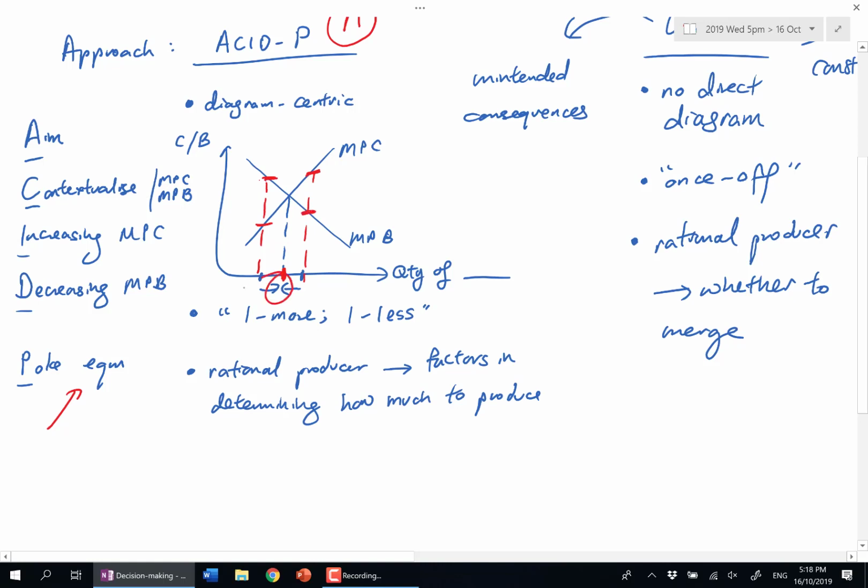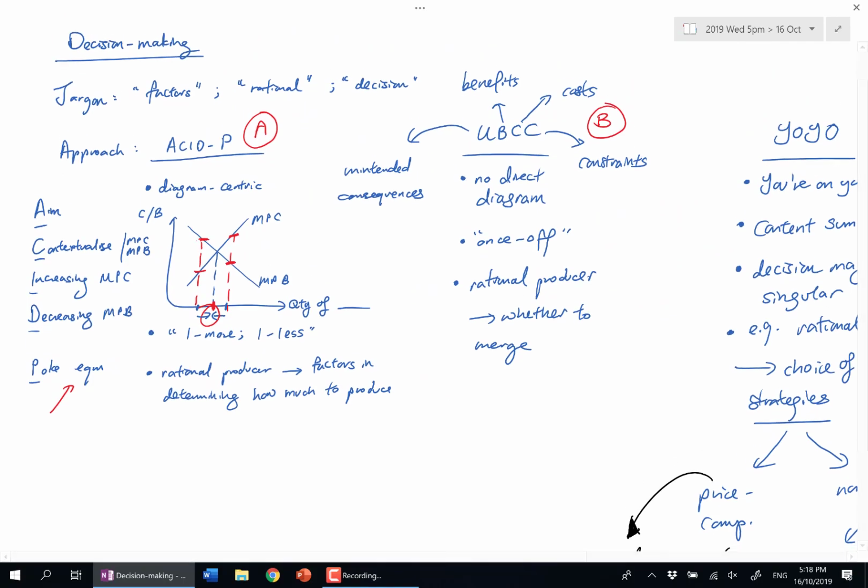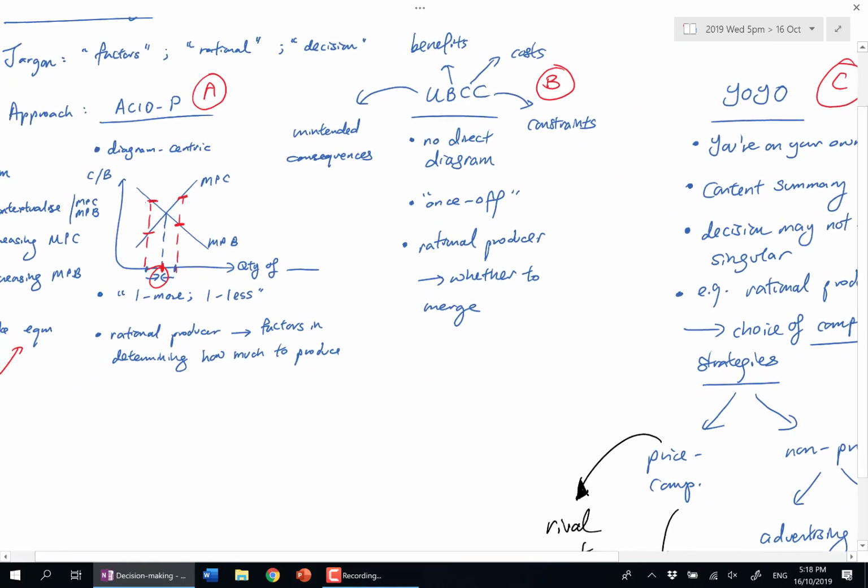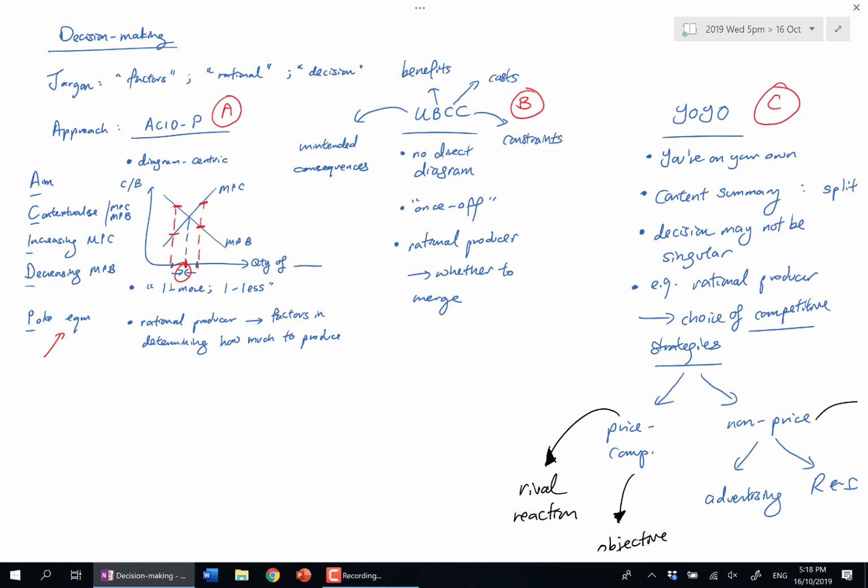So they are always here, which means we are not thinking of a once-off decision. We are thinking of something incremental. If I'm here, I can actually produce more. If I'm here, I will produce less. Whereas when I think about something like merger, I can't say if I'm here, I should merge one more time. Then if I'm here, I should merge one less time. It's not incremental. It all goes back to the alphabet M for marginal. Okay? Alright, so that's ABC. Now, decision-making questions were very prevalent in